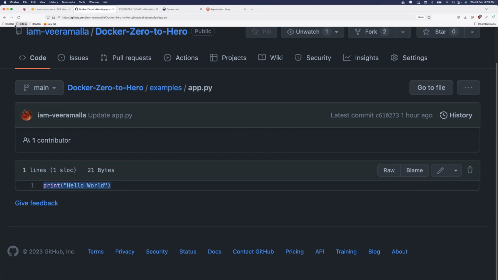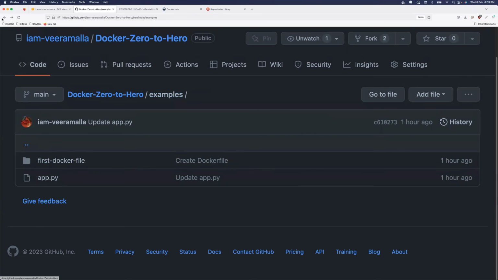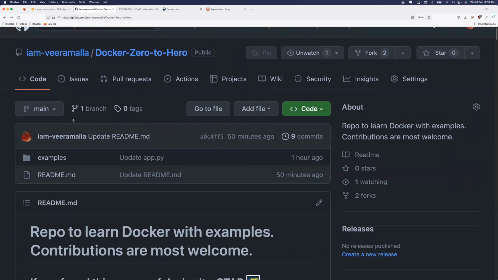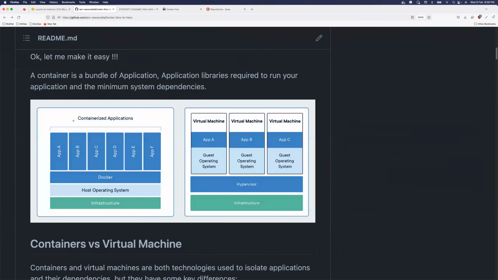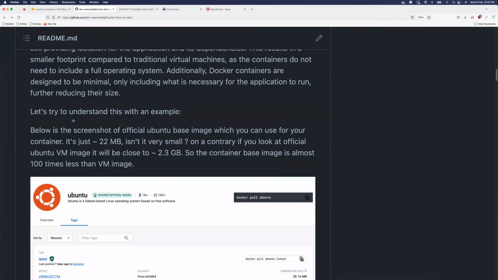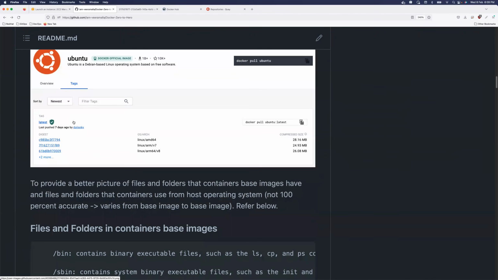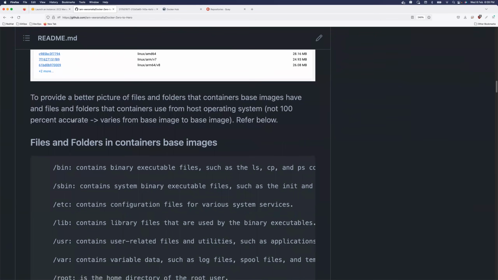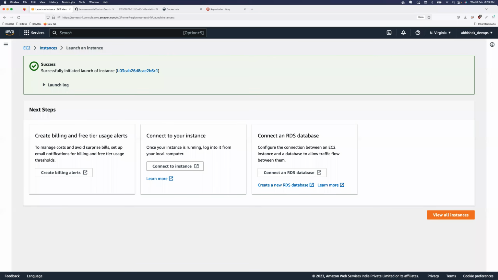Now you will see the advantage of Docker. Let's say you want to share this application with the QE team or your testing team. They don't have to do all of these things. They can just download your Docker image, run the docker run command, and test the application. So let us start with installing Docker.